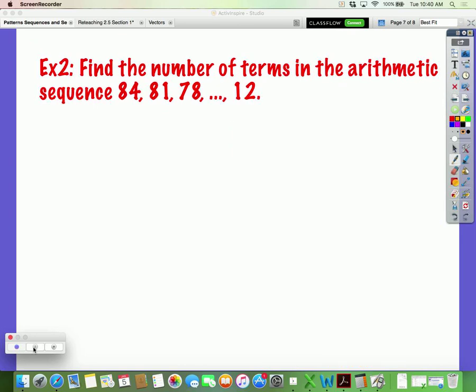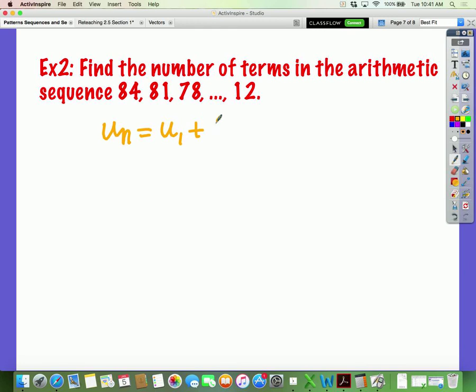Here's the next one. Find the number of terms in the arithmetic sequence 84, 81, 78, ..., 12. Those three dots, ellipses, mean there are other numbers in between 78 and 12 following the particular pattern. So would 12 be the last one? Yes, 12 would be that last term, that nth term that we're looking for. Okay? And since 12 is that last term, and we're looking for the number of terms, you can kind of set this up